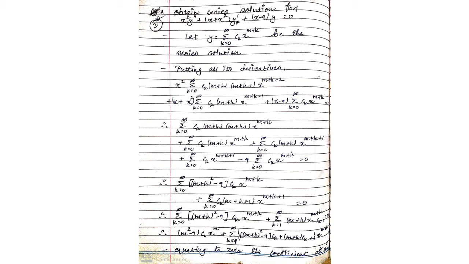As we did in the first example, just do it, and then you have to substitute all these values in equation number 1. Here I have not written equation number 1, so please follow the first example pattern. So this one will be your first equation. Now putting all these values in the first equation, x square keeping as it is, y double dash, plus x square again as it is, and y dash put the values of y dash, plus x minus 9 again as it is, and put the value of y.